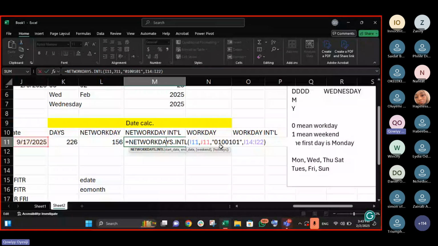According to how it was programmed, 0 means work day, 1 means weekend. So Monday, you are going to work. Tuesday we are not going to work. Wednesday we go to work. Thursday we go to work. Friday we don't go to work. Saturday we go to work. Sunday we don't go to work. Is it clear?